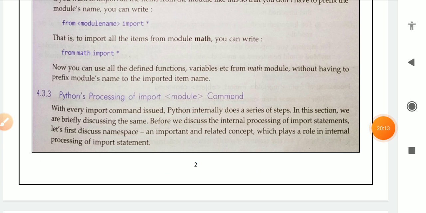Whenever we are using the import command, Python internally does a lot of work when we are importing any module.